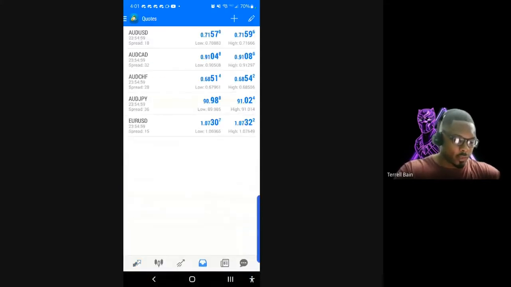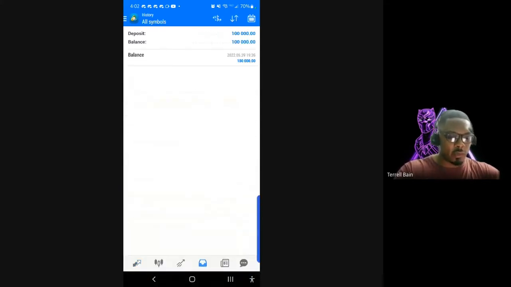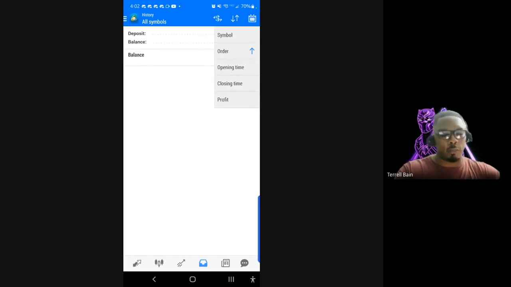All right, orders. This history window, this is after your orders have closed, you'll see the history of all your orders, and you can sort them by the symbols. So you want to see all the Euro USD trades you won or lost, you pick the Euro USD, right? You can also sort it right here by the time you opened it, the time you closed it, or by the profit. So it's not necessarily going to do it by the symbol, but it'll do it by these preset